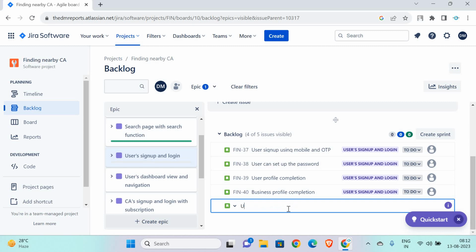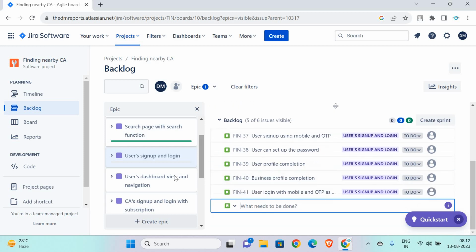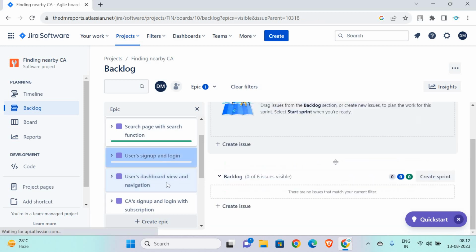Similarly, user login is there. So user login with mobile and OTP, as well as with user ID and password. He can use both for login purposes. Similarly, if I go to the user dashboard,